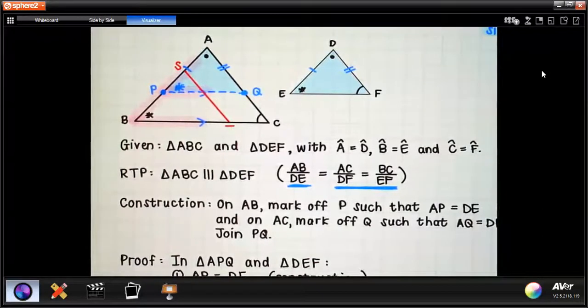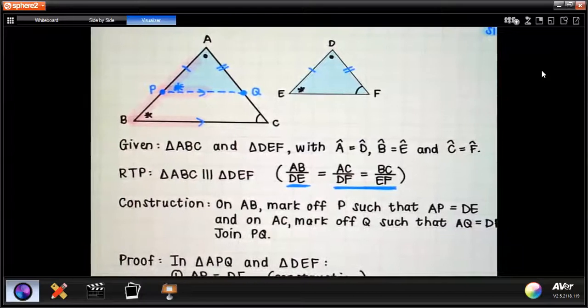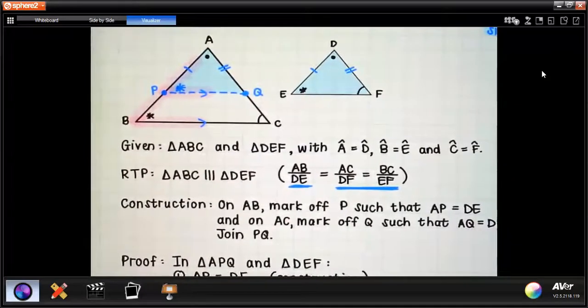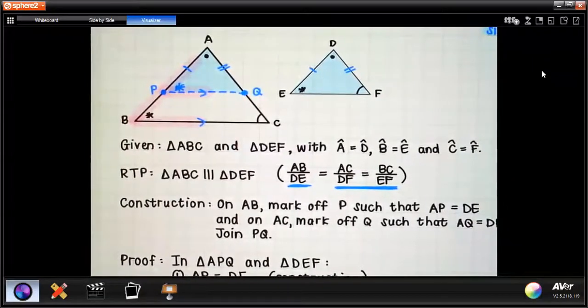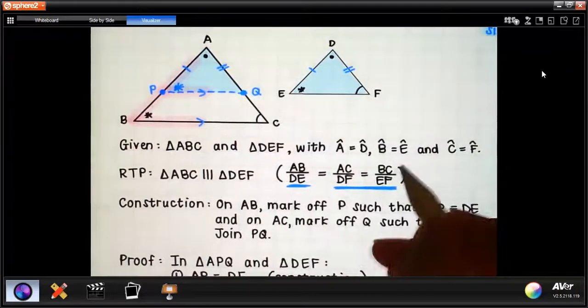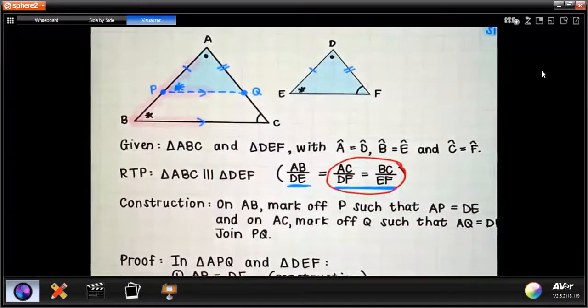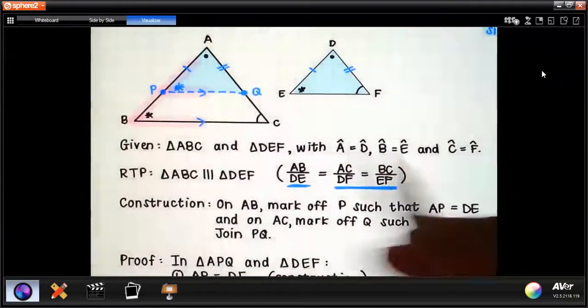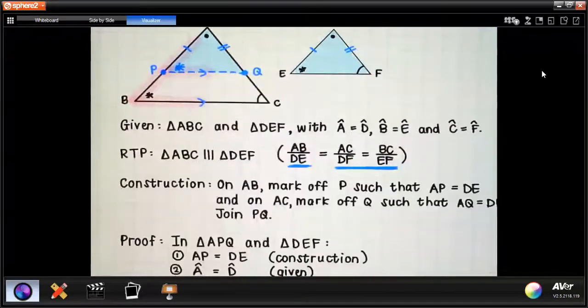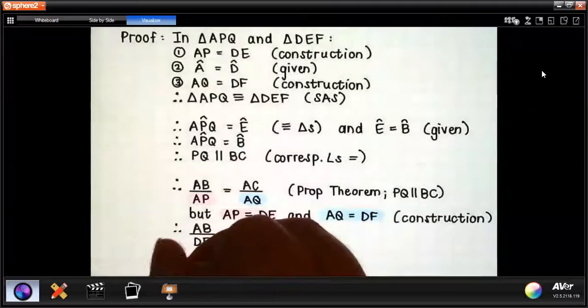And luckily for us, when that is the case, we do not have to rewrite all of those steps. We can just say similarly, and then we just need to write what the construction would be. And then we can just say we can prove that these two fractions are equal. And then we can end off our proof. So that's quite nice. All right, so for the third fraction there, we're just going to say similarly